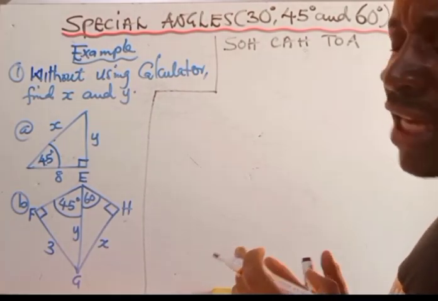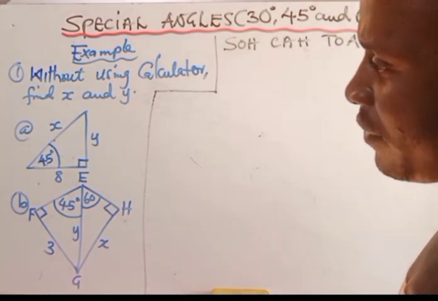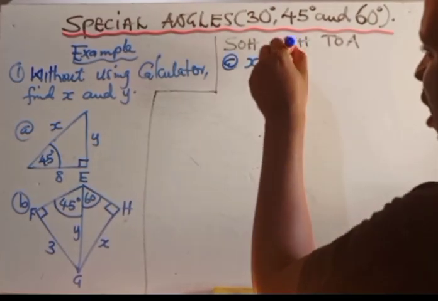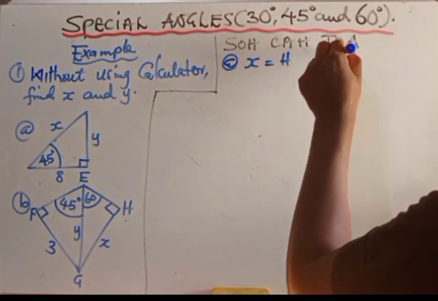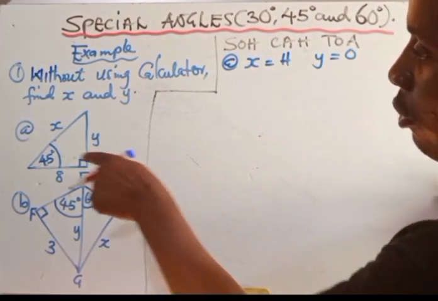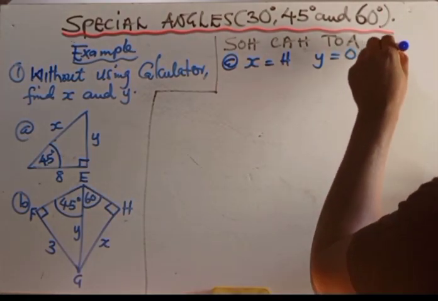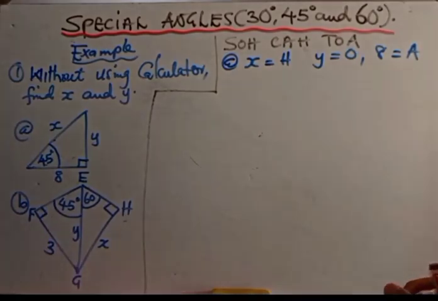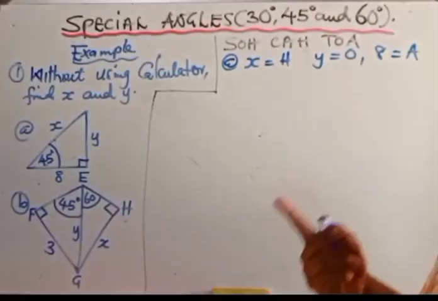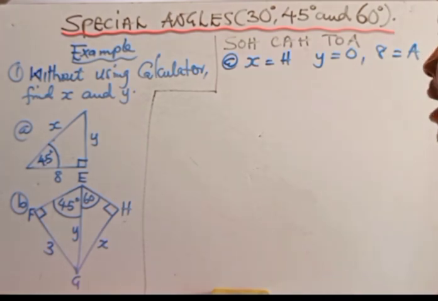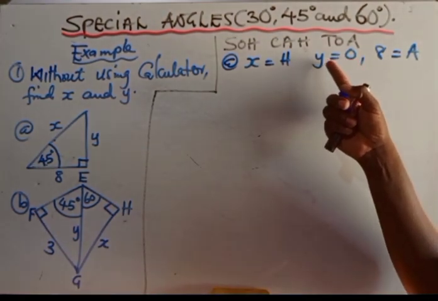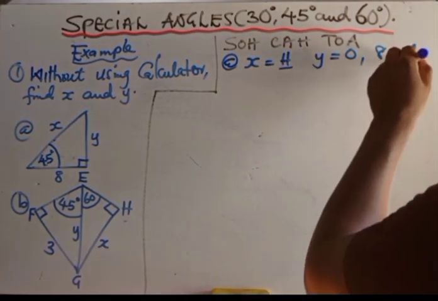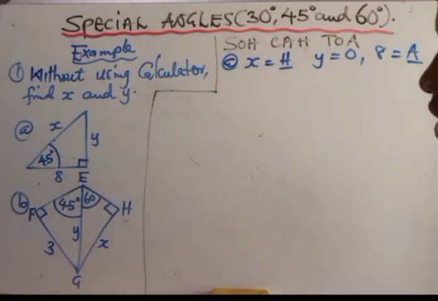What is x? X is the hypotenuse. What have you been given there? For question number A, we have to identify: our x is the hypotenuse, our y is the opposite of 45, then the 8 there is the adjacent for 45. Now, to find x, the hypotenuse, we can't use the sine because the hypotenuse is not known. So we are going to use the thing which has got h and a,